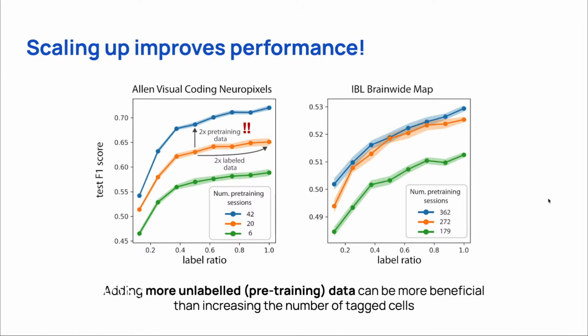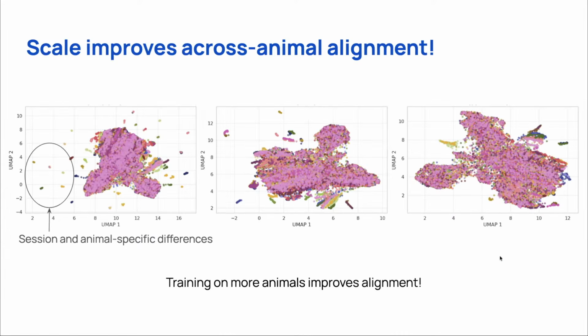But we're really excited about the promise of this. And this is just to show that when we do scale up, we see a lot of the session and animal-specific differences that are present at smaller scale start to disappear. So we see more alignment of the representations across all of these distinct animals. You can imagine also seeing all these different animals experiencing the same task or same world kind of gives us these natural forms of augmentation. And so through scaling, we're actually seeing more alignment of the latent representations.